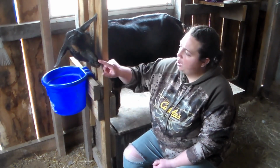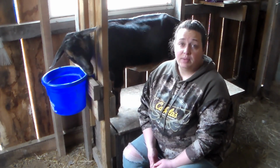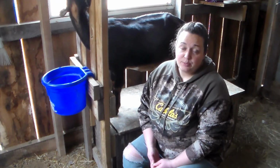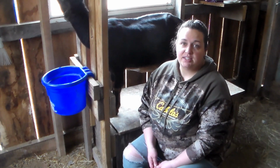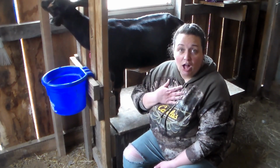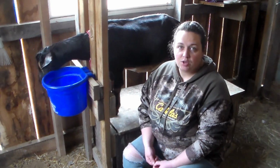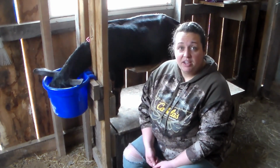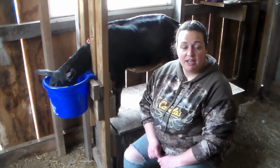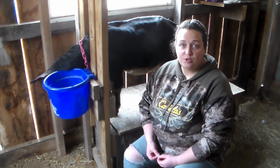The first year when we bought her and her sister Delilah, her mom was in milk still. I was also about halfway through my last pregnancy, so I didn't have near the patience to be fighting with a doe to learn myself and her learn how to be milked. So I was not able to milk her for long, but I figured that everybody's got to start somewhere, so I will show you how I do it, and hopefully you learn something